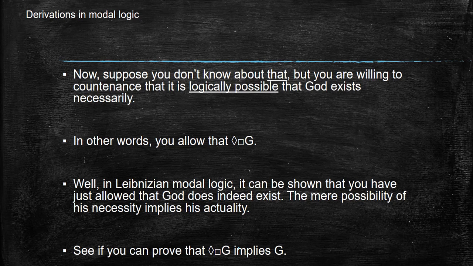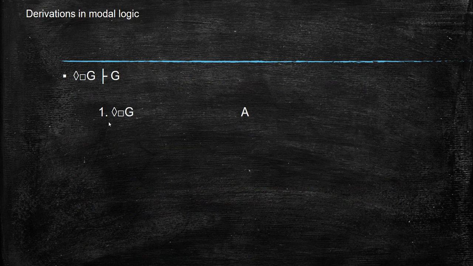So let's see if we can prove that possible necessarily G implies G. All right, so this actually proceeds very straightforwardly. There's nothing you can do to the assumption that's going to be productive. And in general, it's important to point out that there just aren't any rules for operating on formulas where the possibility operator is the main operator. So very often you're looking for creative workarounds for that. So the obvious thing to do here is, of course, just hypothesize it's not the case that G,